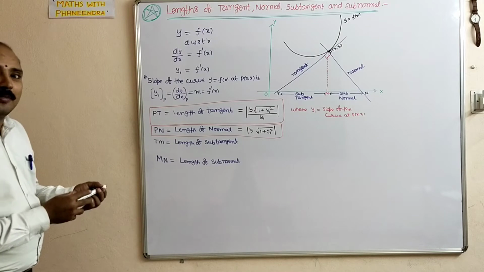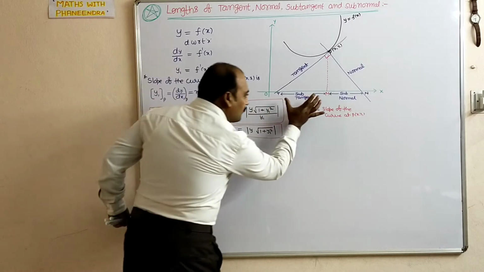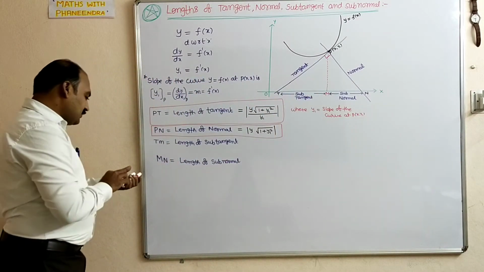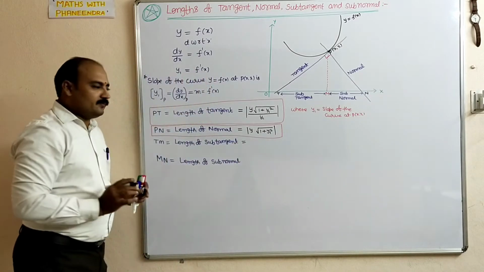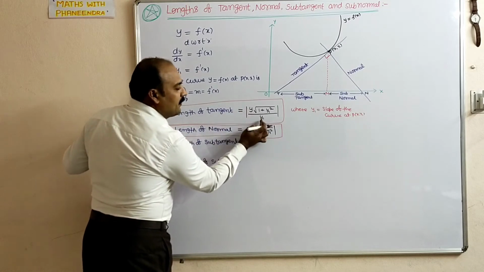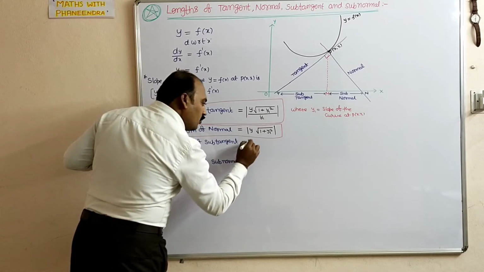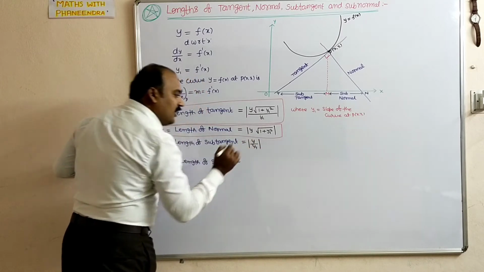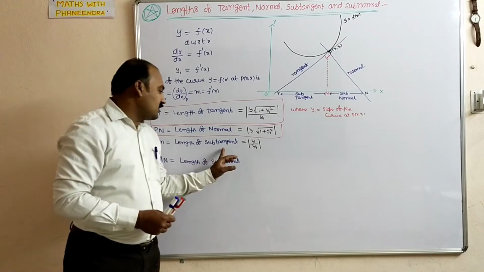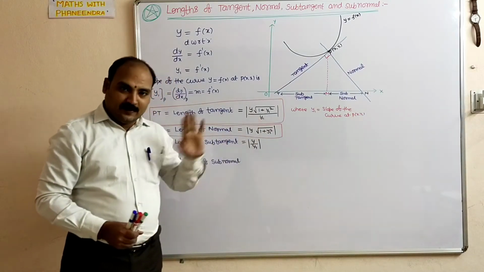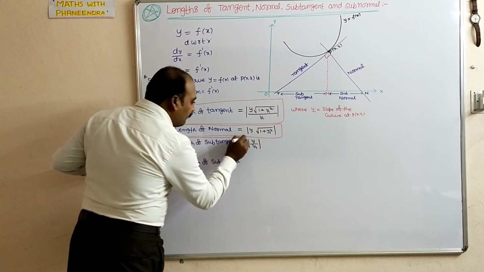This is about the length of normal. Next, come to the length of subtangent. Length of subtangent means, from this figure, Tm. Length of subtangent is equal to, easy to remember, y divided by y1. You remove that in the numerator, length of tangent root of 1 plus y square, y1 square. So we will get y by y1, mod y by y1. Length is always positive. So we will get length of subtangent as mod y by y1. This is the way; if you remember, it will be very helpful to you.